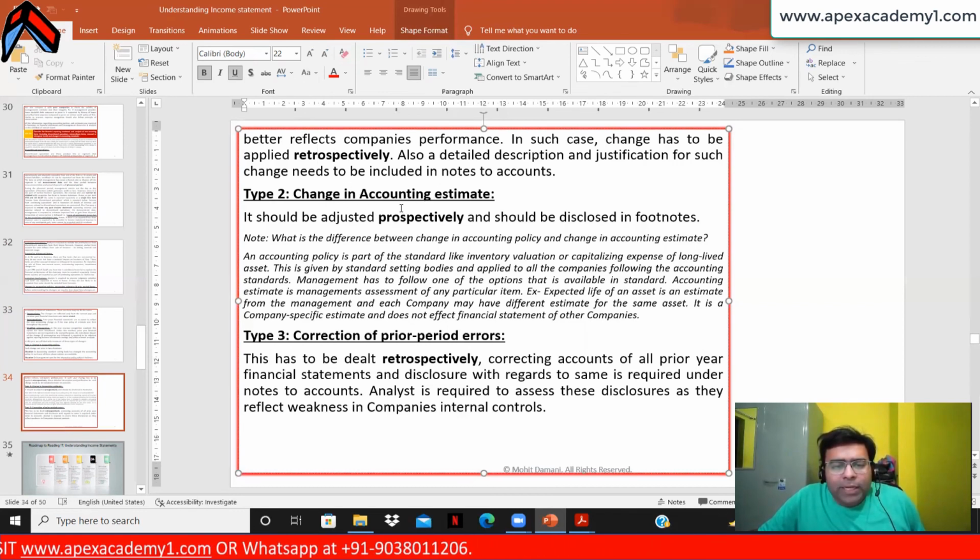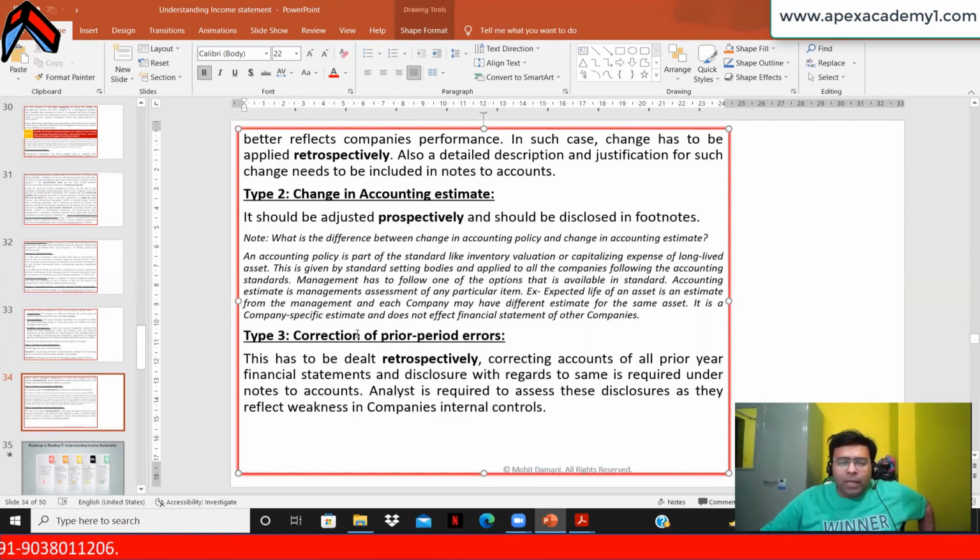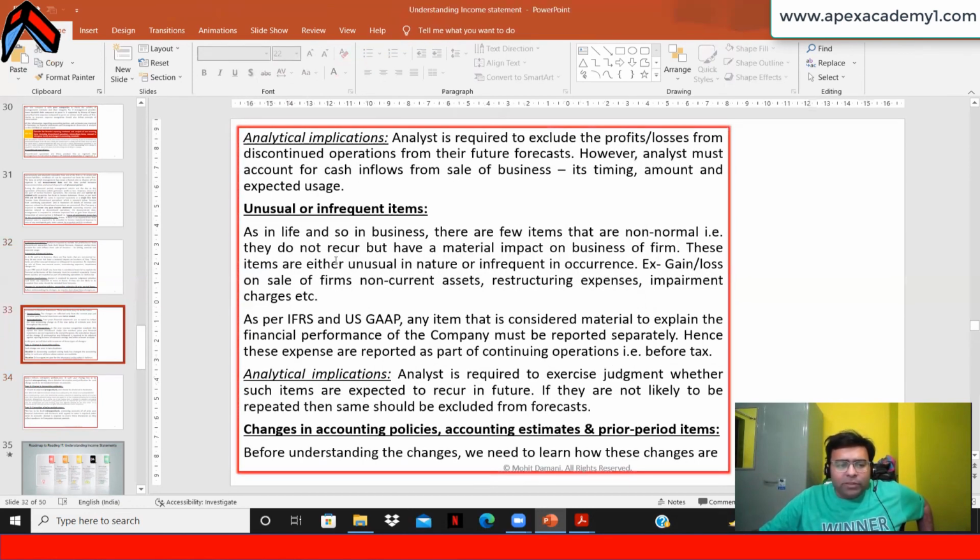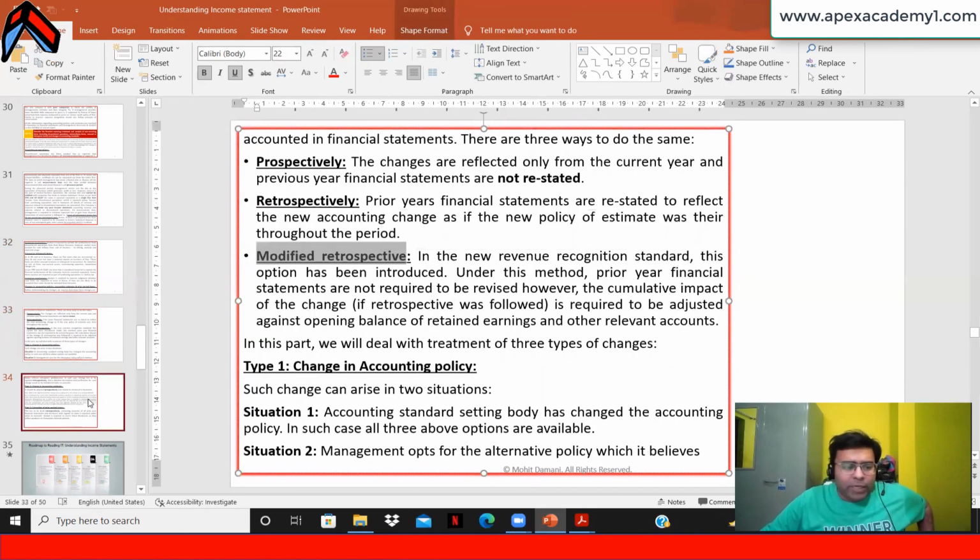A change in accounting estimate is adjusted prospectively. Lastly, if it's a correction of a prior period item, then you have to do it retrospectively. Okay, modified retrospective is a newly introduced term, so you should take care of that particular